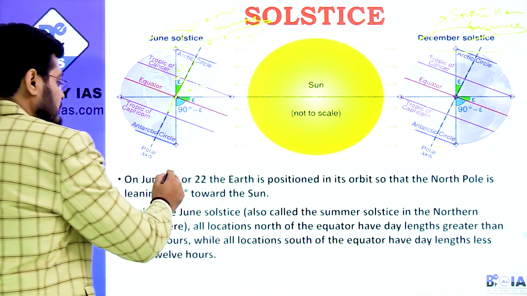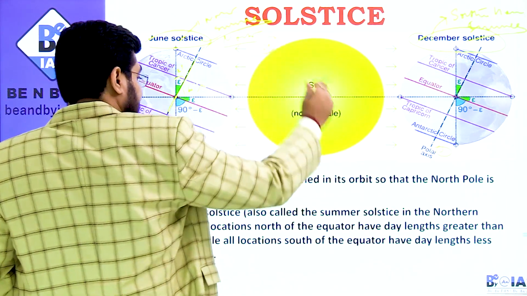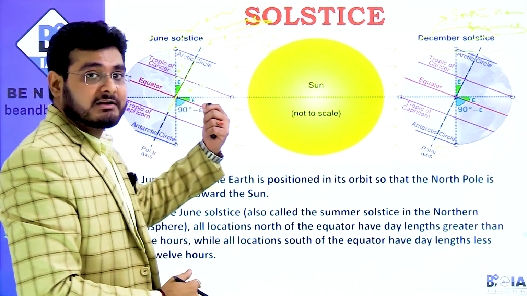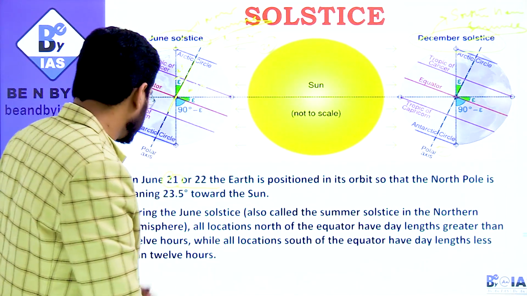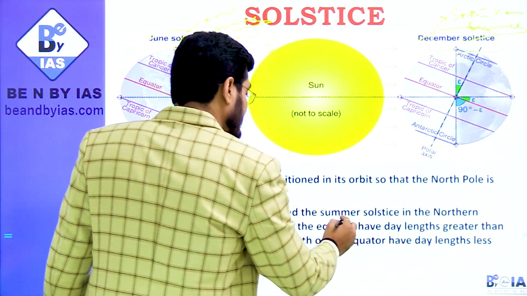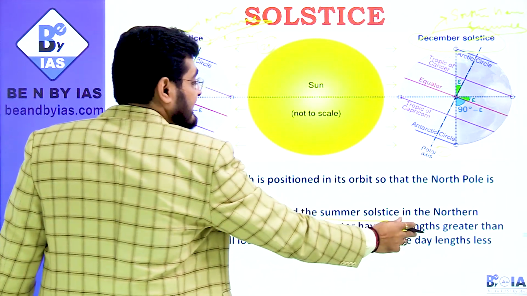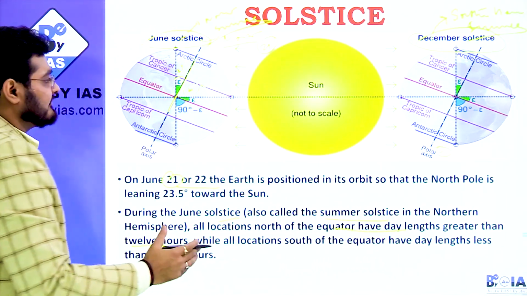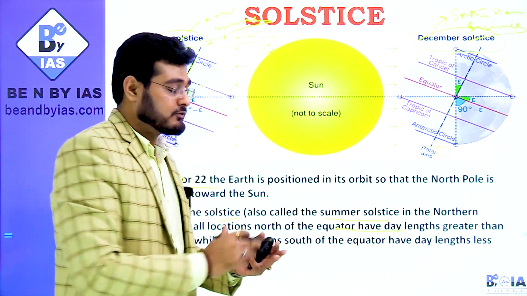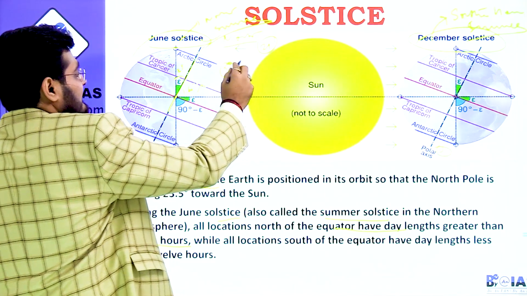ठीक है? On June 21st or 22nd, that is what I have told you. So then there would be maximum amount of sunlight on the northern hemisphere also, and daylight होता है. And during the June solstice, also called the summer solstice in the northern hemisphere, all locations north of the equator have day lengths greater than 12 hours. Definitely, the rotation of Earth is 24 hours, and 12 hours का यहाँ पे 12 hours से ज़्यादा का दिन होगा